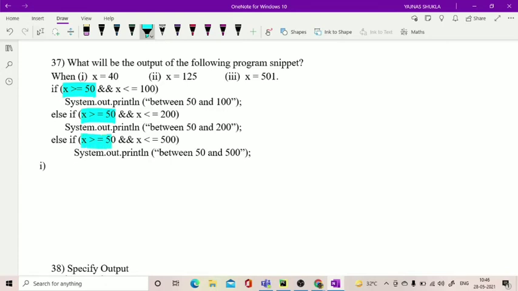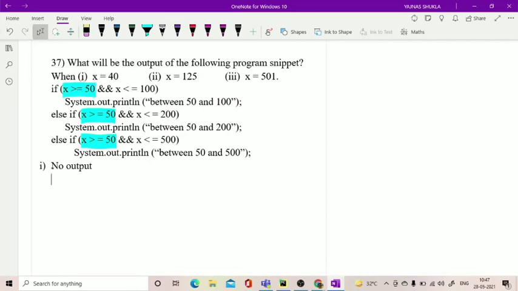This is for the value x 40. All these conditions are false, and the second condition is not tested because we have used the AND operator. When the AND operator is used, if the first condition is false, the second condition will not be tested. So for this case, you are not going to get any result. So you will write no output for this.